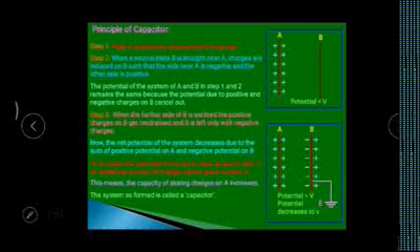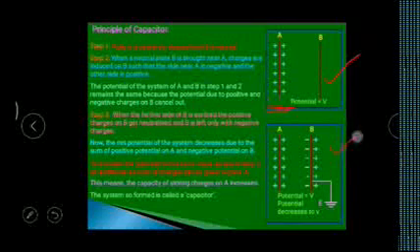Let us have a conductor A, which is given a charge Q, and it attains a voltage of V. After some time charge starts leaking through the conductor, so we have to increase the capacity of this conductor A. So we place a similar plate near A in its vicinity, and when we place this plate, an induction process takes place, and one side acquires negative charge and the other side acquires positive charge. This positive charge is neutralized by the negative charge coming from the earth, so only negative charge appears on this plate.